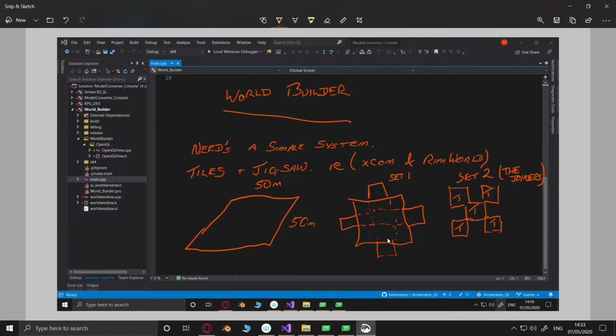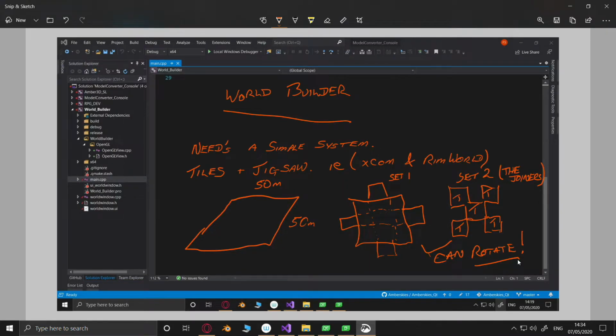That also means that set 1 and set 2 can rotate. So for each set, you actually get 4 tiles, or tile sets, each at 90 degrees to the other. And that's it.